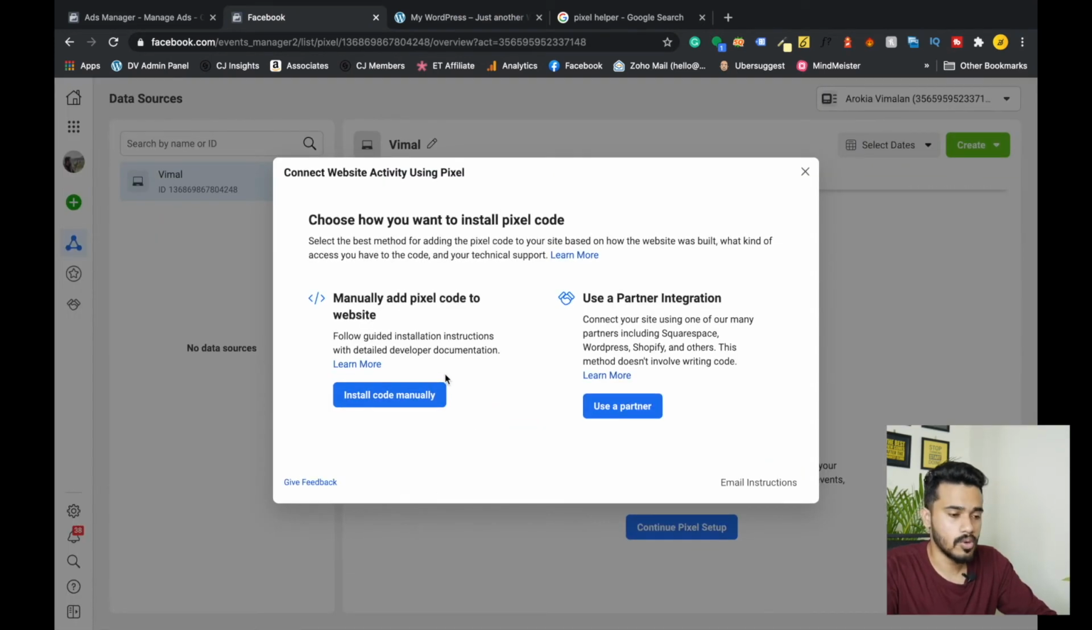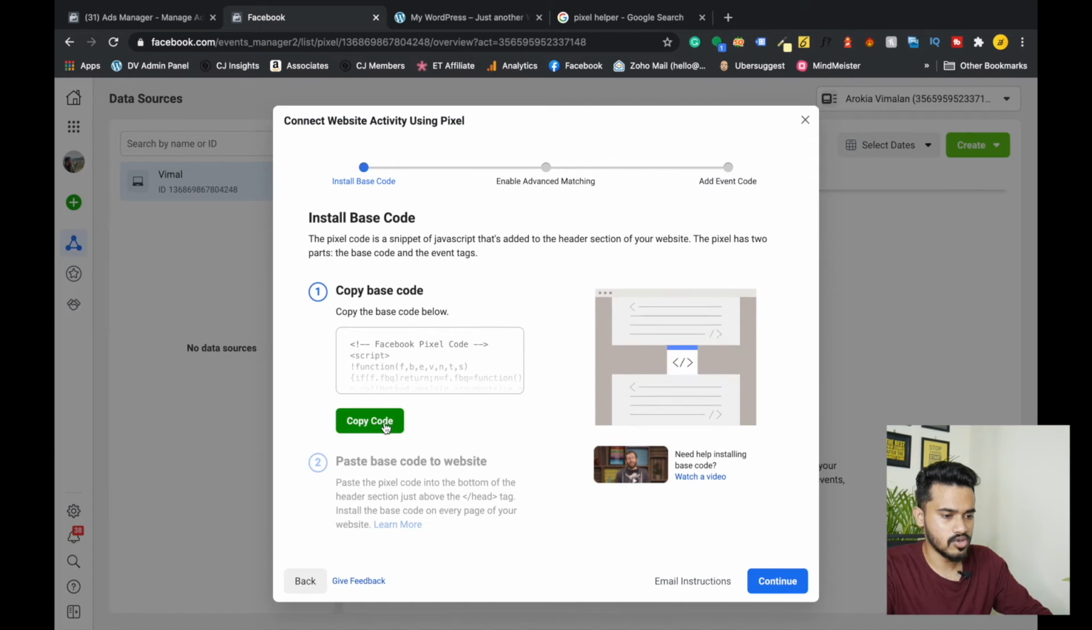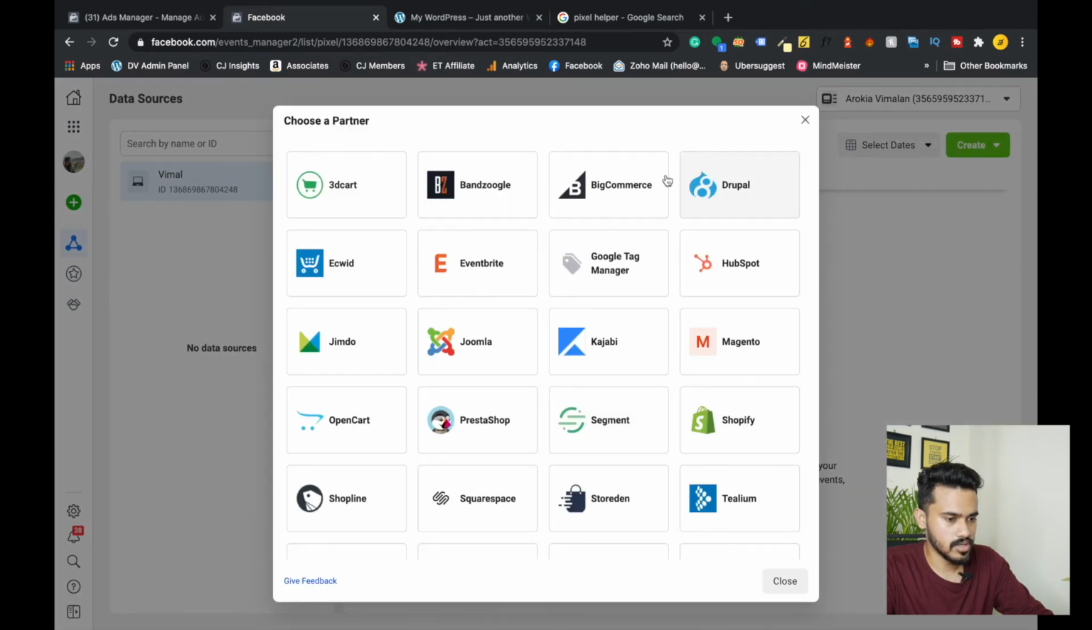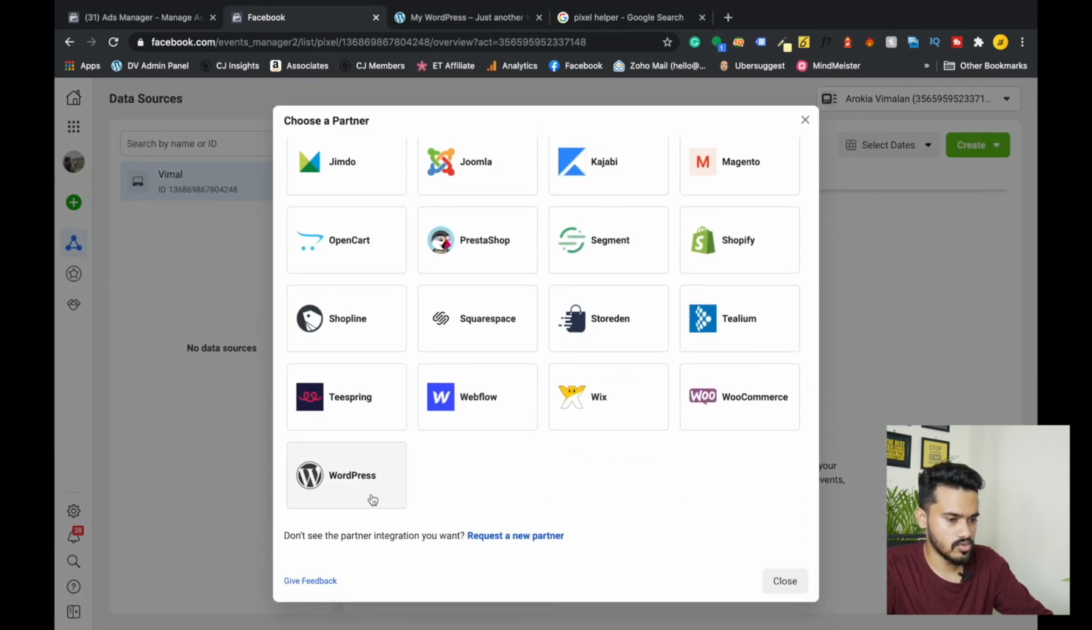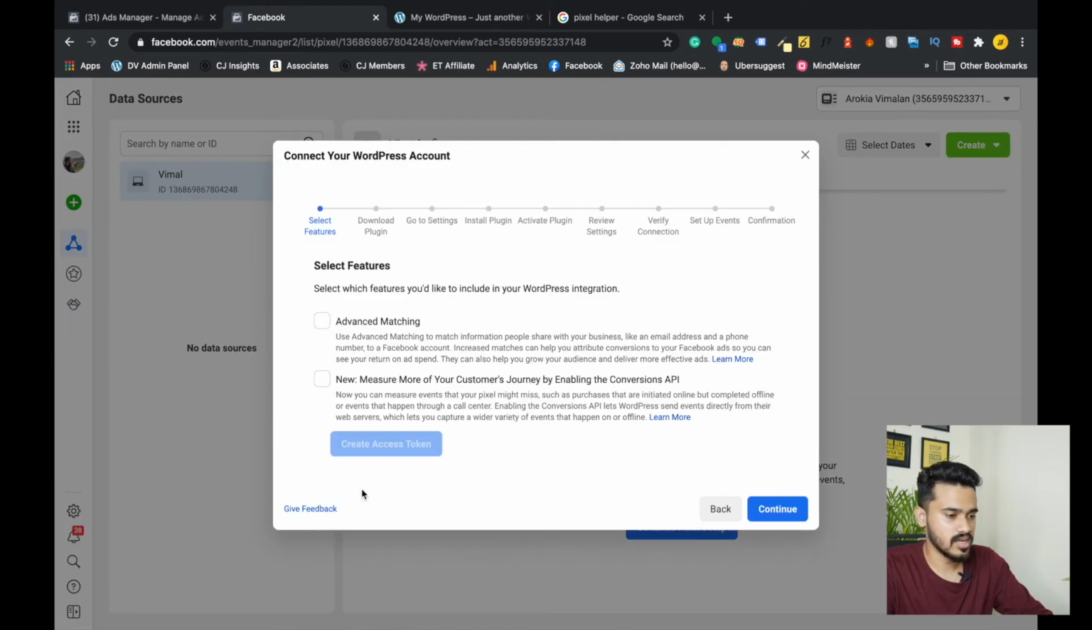Now it will ask you for two options. One is install code manually, or else use a partner integration. So if you are someone familiar with how a website code works, you can go with this. You can either go with install code manually, where you will get a code like this. You can copy it and paste it on the header code of your website, or else you can go with the other option, that is use a partner, and here you can click on WordPress, as we are using WordPress right now. And it also has other platforms such as Wix, Zoom, etc. Here click on continue,